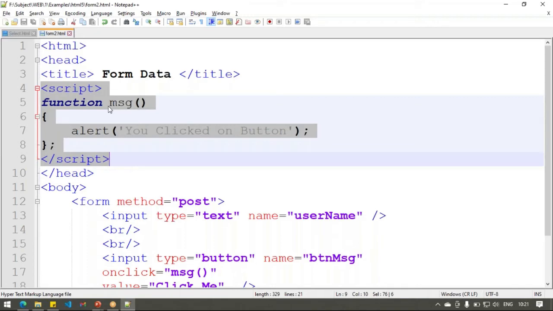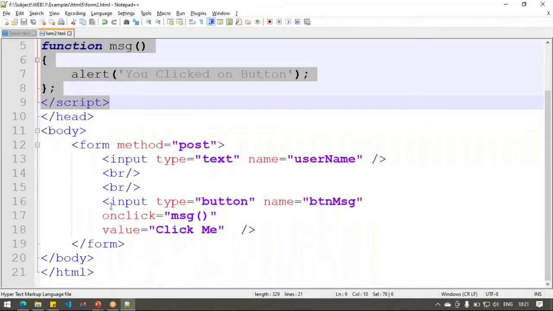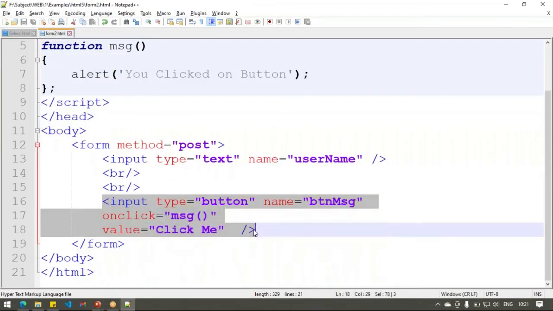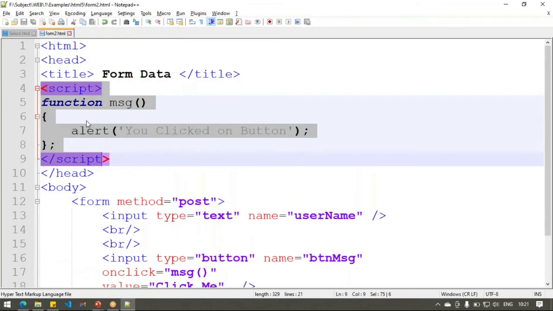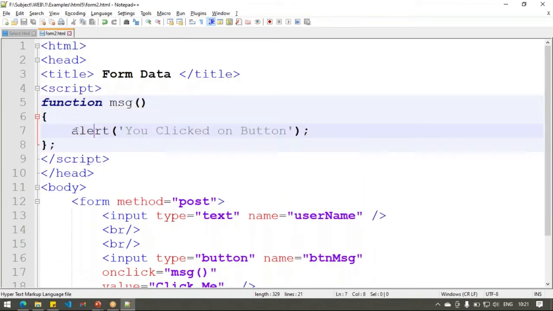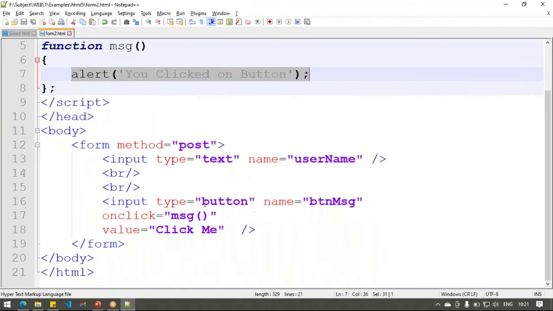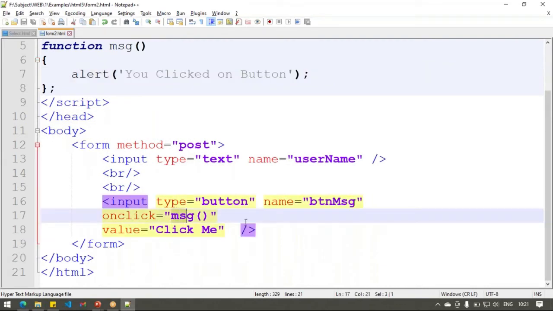But right now, just to demonstrate how the type button works, I'm providing a very simple JavaScript function here. You can say it's a simple alert. You don't need to provide this function either. I can directly write here alert, you clicked on the button.